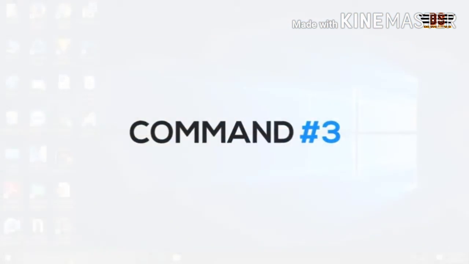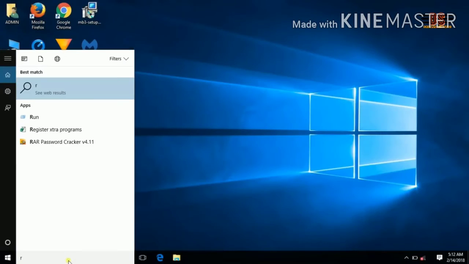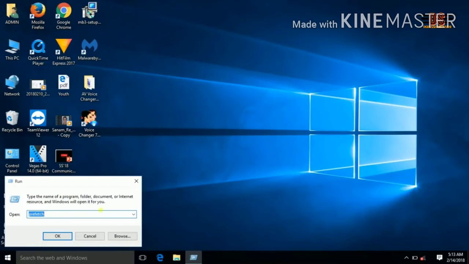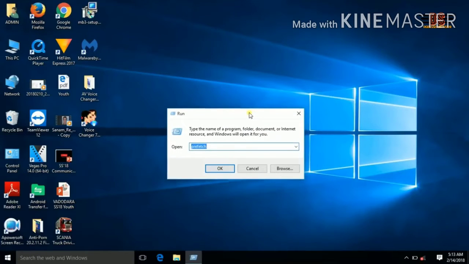Next is command 3. You can apply any one of the commands for your computer. Same way, go to the Run option here and type tree. Tree is the root base of your drive, that is called a tree. After clicking the tree option, see, I'm clicking on the tree. Clear?